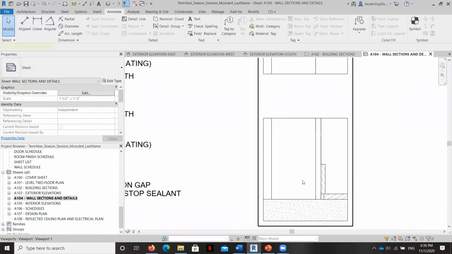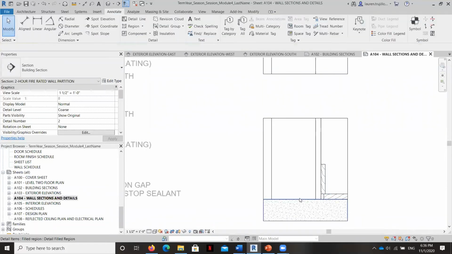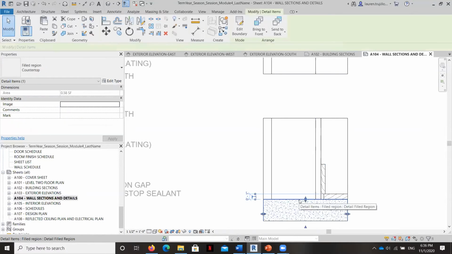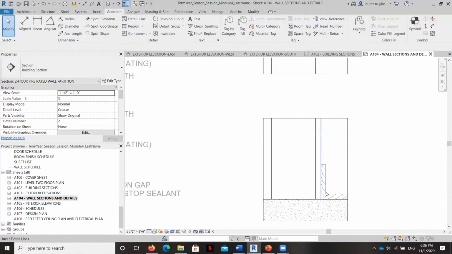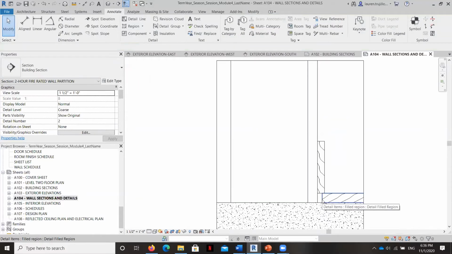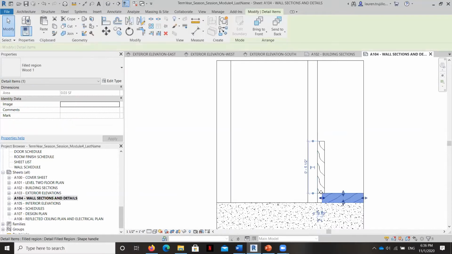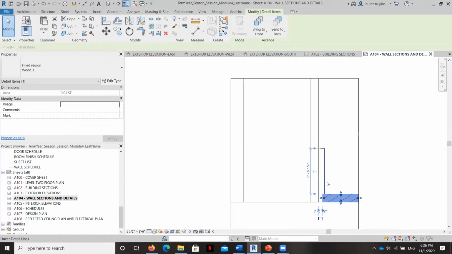Inside this view, I have created a filled region here with the countertop finish, which in our case is going to represent the structure below. I have brought in the filled region here to represent the flooring, and again, we're going to have that same expansion gap.